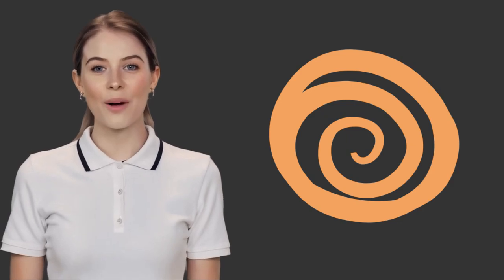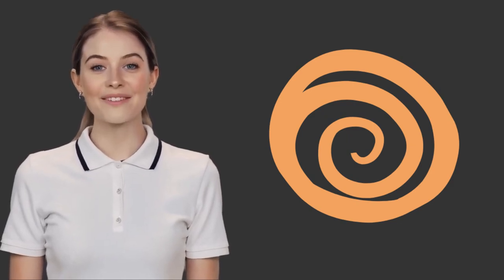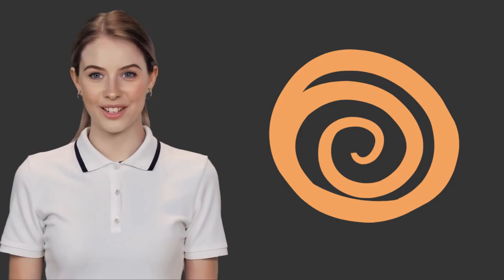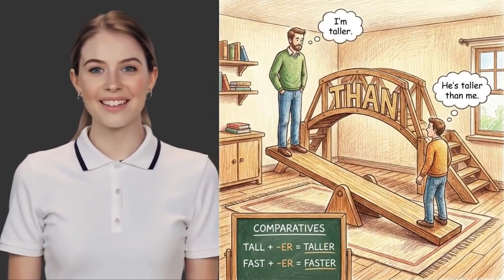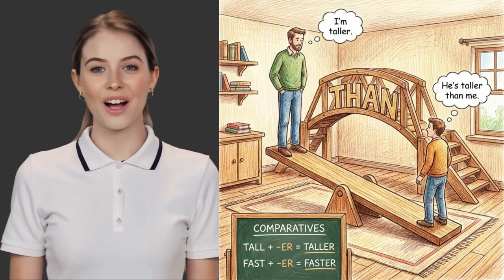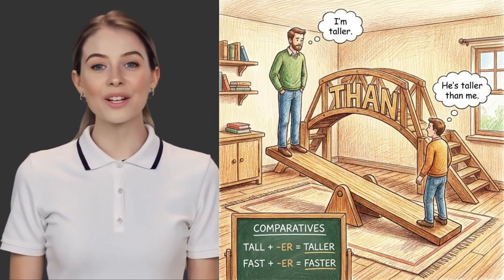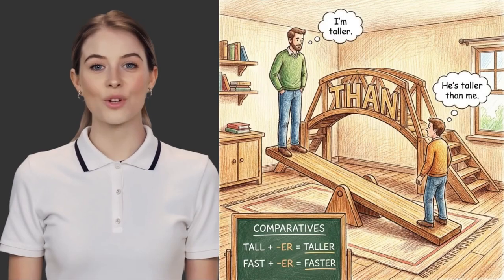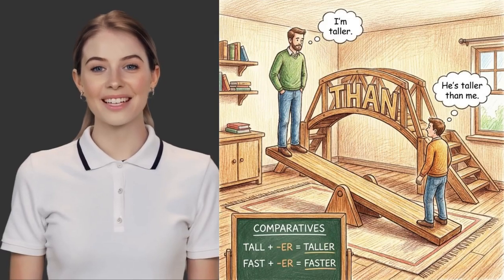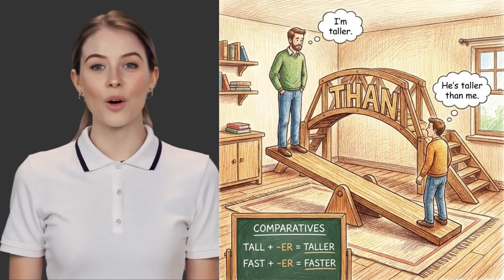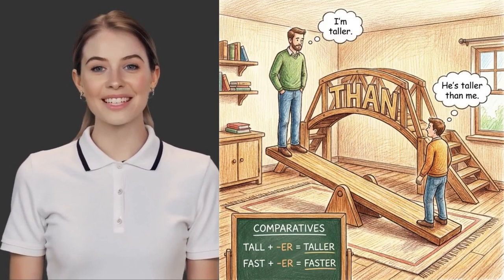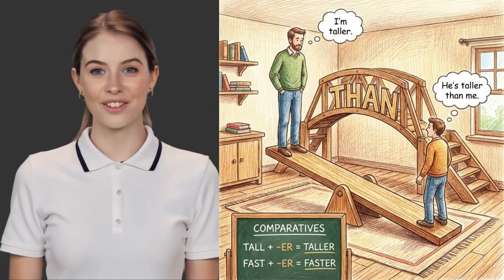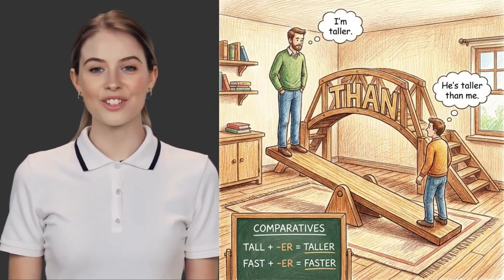So let's talk about how we compare things in English, specifically using comparatives and superlatives. Imagine you are standing in a room with two people, John and Dave. When you are looking at just these two individuals and you want to describe how they are different, you use comparatives. Think of it like a seesaw or a duel, where there are only two sides. If John is 6 feet tall and Dave is 5 feet tall, you compare them by saying John is taller